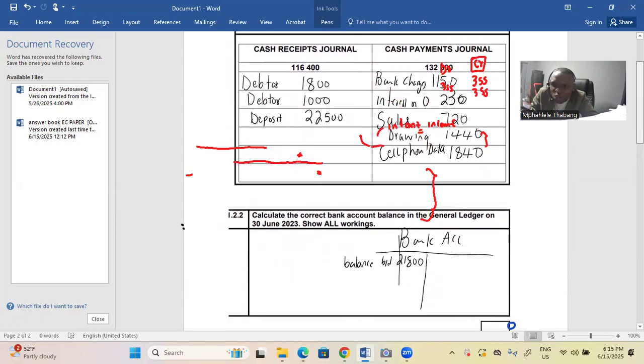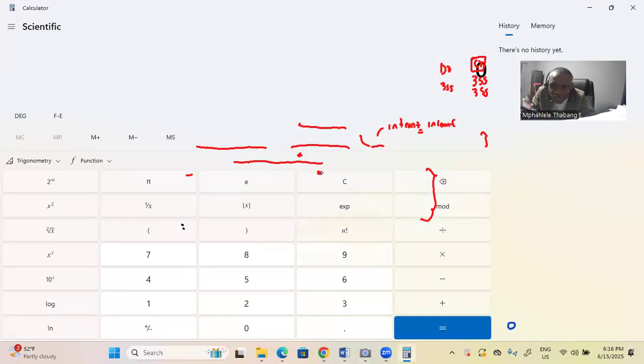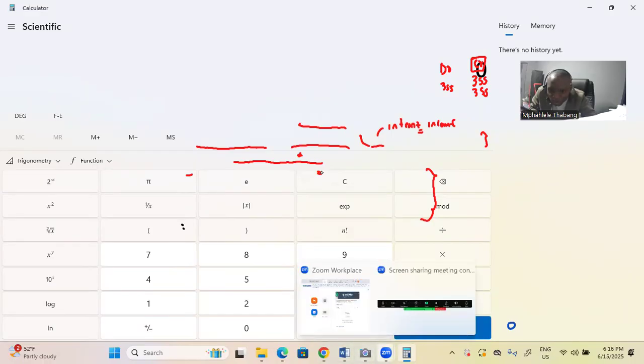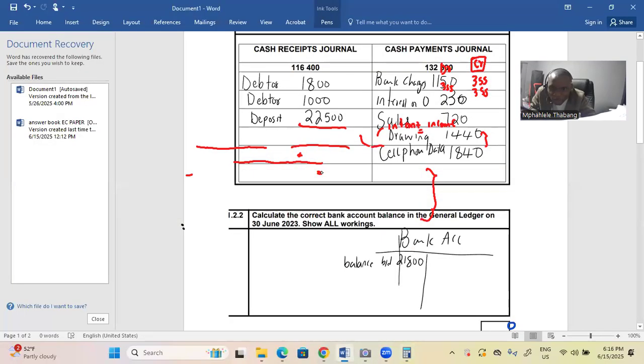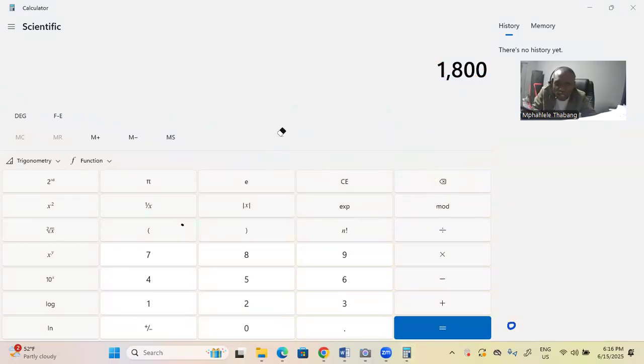What am I going to do? I'm going to add all the money that is recorded in the CRJ. Add all the money of the CRJ. I need a calculator here. Let me see, calculator. Yes, calculator. I have a calculator. Okay, 1,800. The first is 1,800. Let me erase this color here so that it does not distract me. I have 1,800